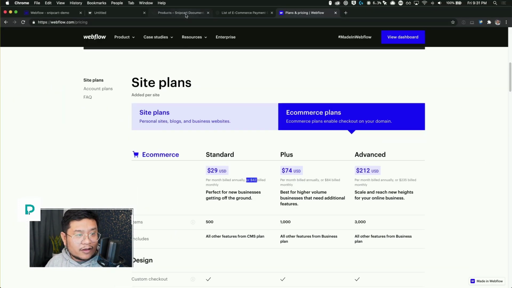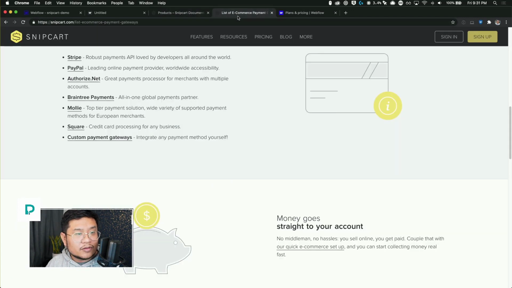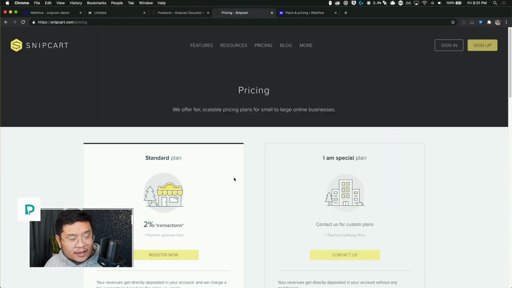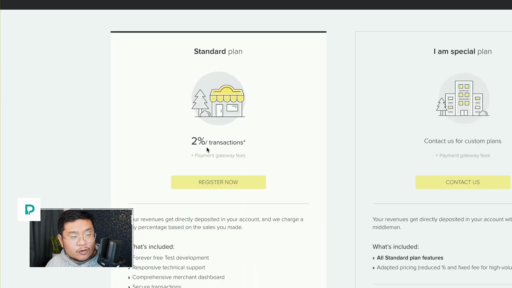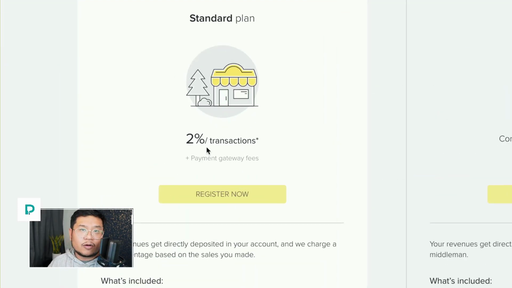The Snipcart pricing, where is it? Snipcart pricing is 2% of your transactions. All right. So if you sell a $100 painting, $100 shirt or something, then it costs $2 per shirt, plus a payment gateway fee.